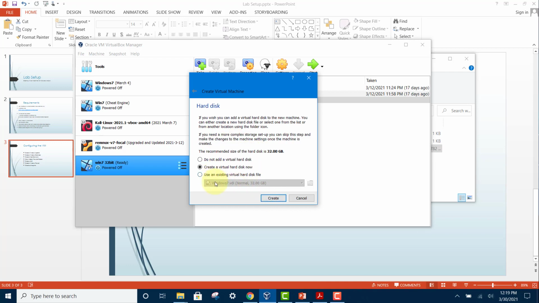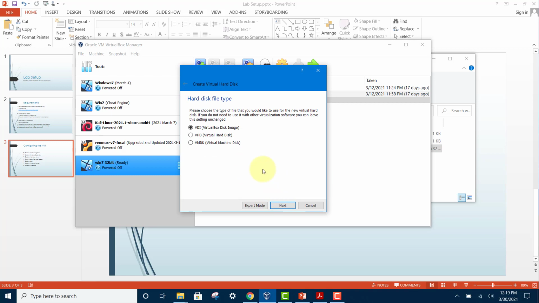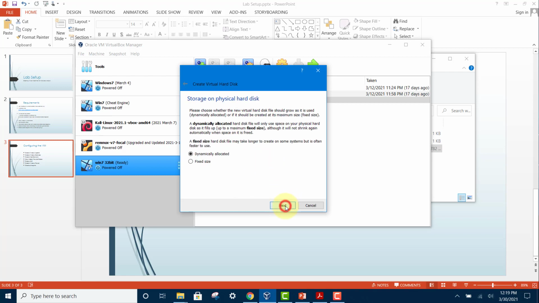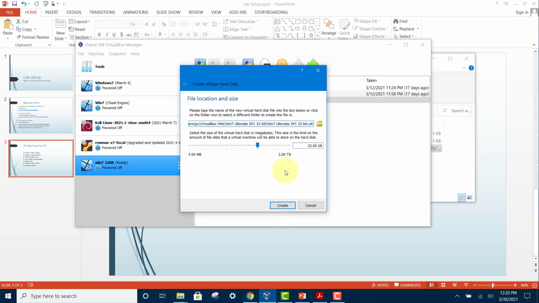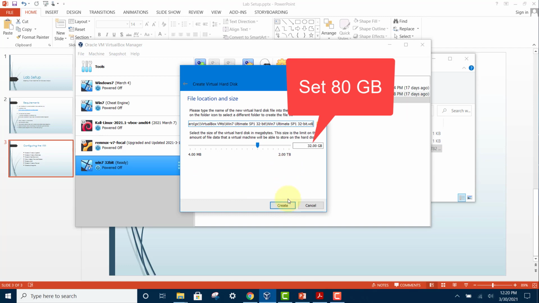And then here no need to change anything, just click on the create button, and here click on next. Leave the default as it is, and here leave it as dynamically allocated and click on next. And this should be fine as it is dynamically growing. Click on next,